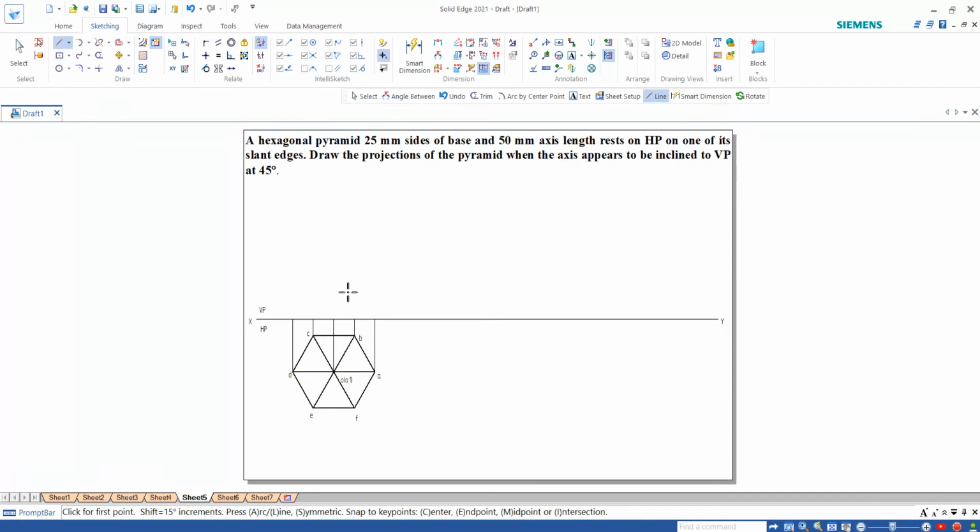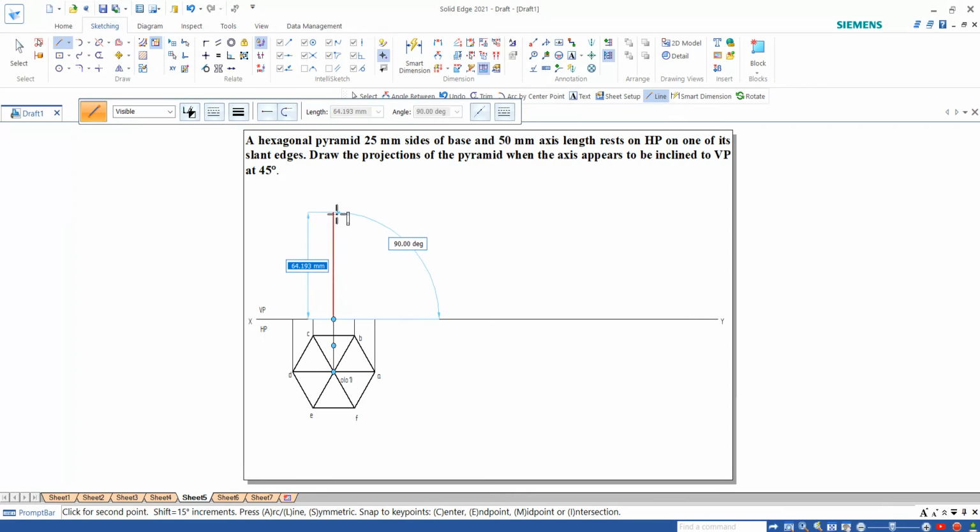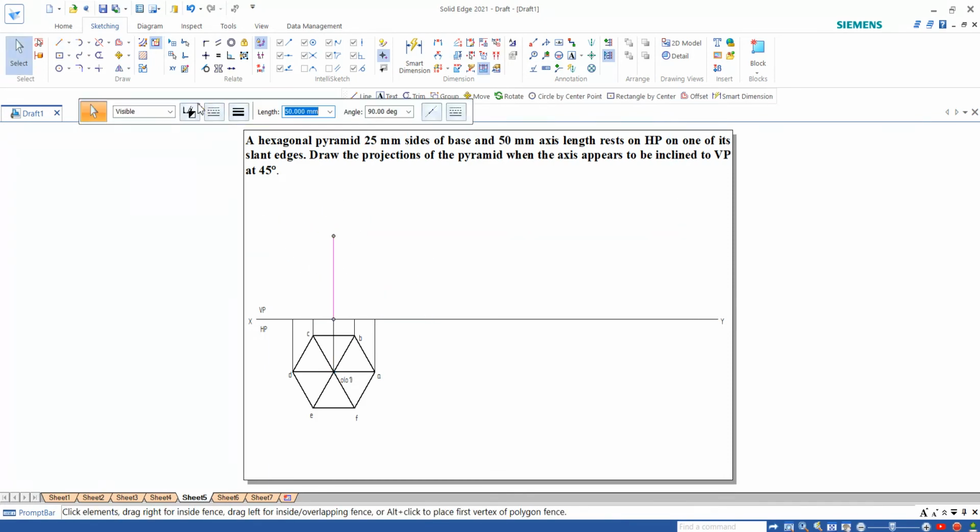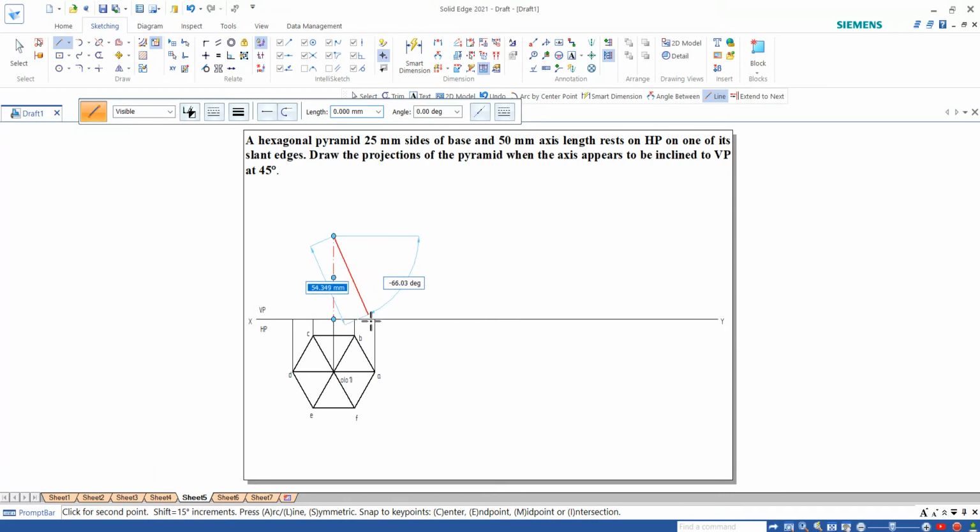The axis length is given as 50, so I want to take 50 over there and make that line as the axis. Since it is behind the face, it will be clearly visible. Now I want to join from the apex to all the corners of the base, and then join the base.